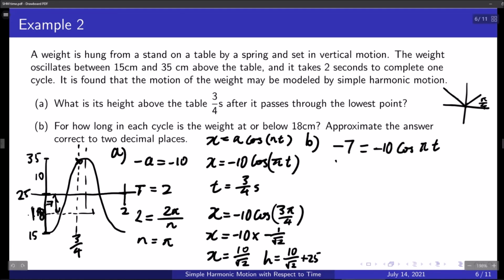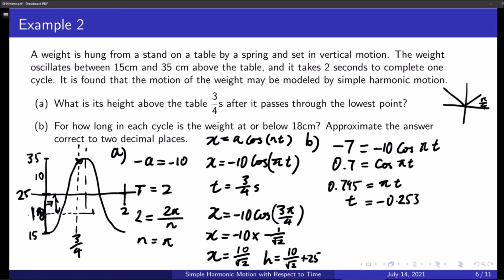So 0.7 equals cosine pi t, and then the inverse cosine of 0.7 is 0.795 equals pi t, and then t equals 0.795 divided by pi is negative 0.253. Okay, so